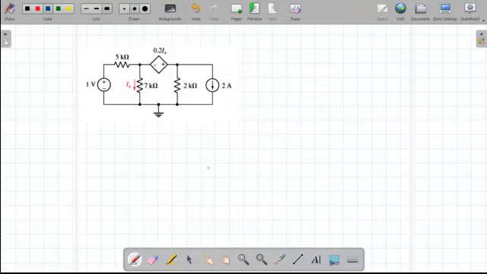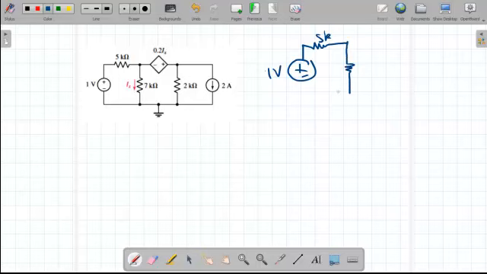So here we switch 1 volt on and the 2 amp off. So here we will have 1 volt, then this is 5K, this is 7K. Remember the IX is here, so minus negative 0.2